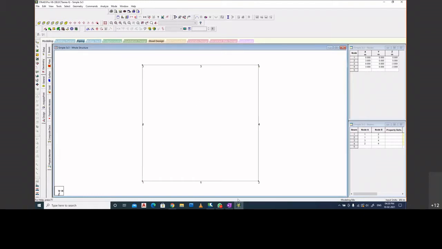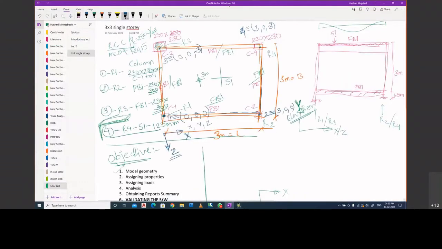Now we have created this rectangle. Actually we have created 4 beams at plinth level. Now let us assume this is your 0, 0, 0 level, 0.00. This is your ground level. We are going below for excavation for a depth of 1.5 meters. So I need to create this column. I need to initially create this column.